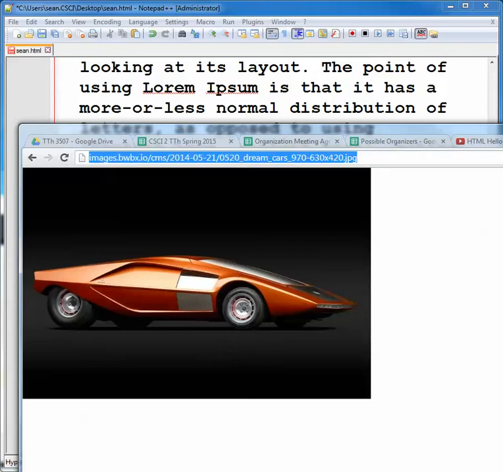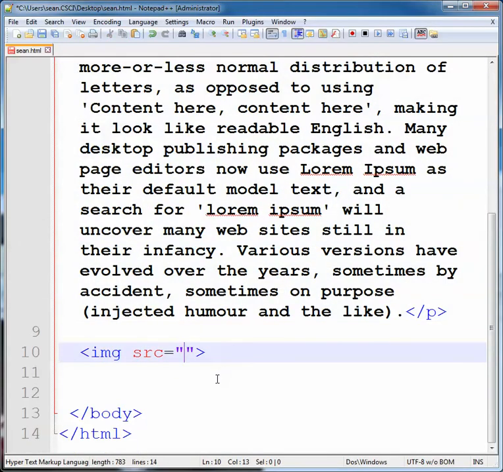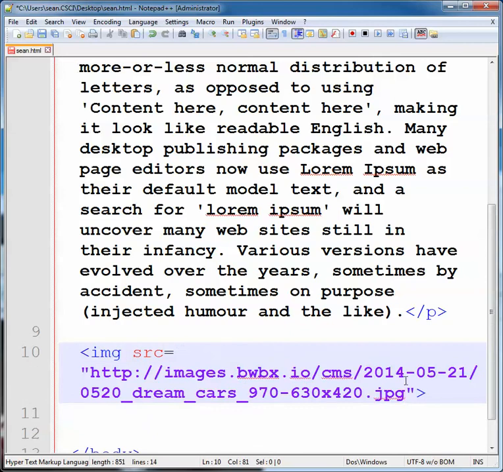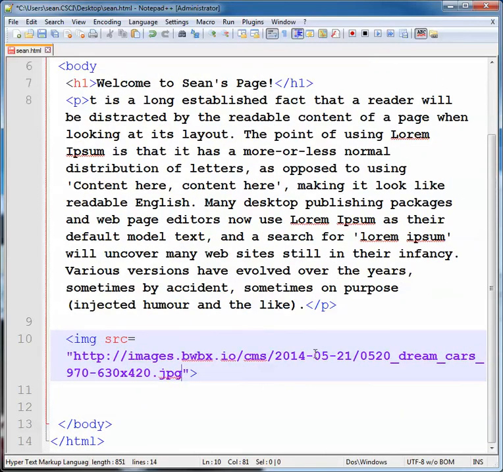So I hit Control C, I highlighted it first, and then I'll put my cursor in between the quotation marks, Control V, that pastes it in there, and now I've got an image in there. I'm going to make this a little bit smaller so it's easier to read. Okay, so that's how I put my image on there. I'll put a link,